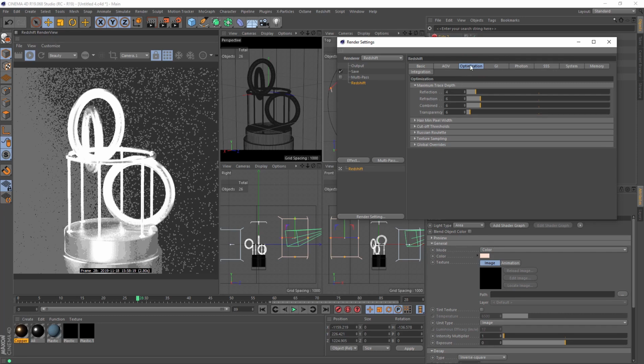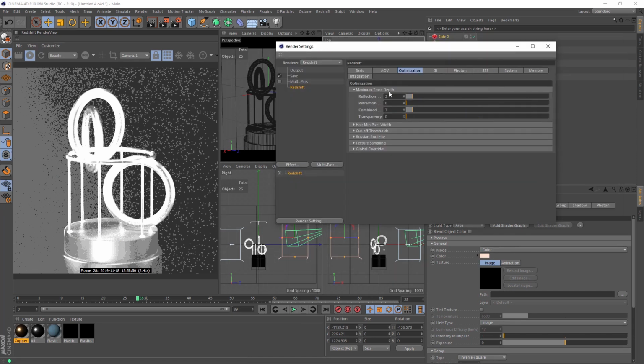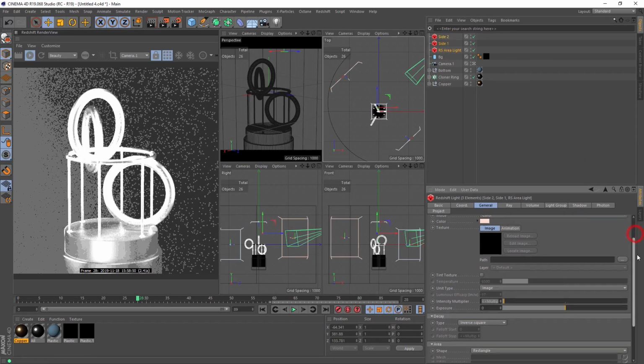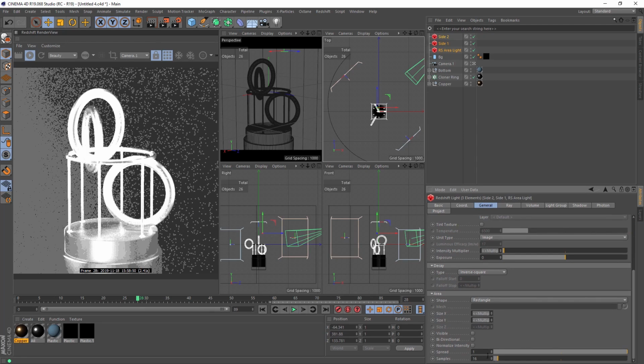Now I go into optimization. We don't have refraction or transparency. If you use a Redshift version earlier than 3, you'll have to lower the refraction. You don't have the transparency. So like this, because we have only 1 or 2 reflections and we don't need to waste our GPU to calculate additional reflections. Now we go to our lights, into the samples in area light and set maybe to